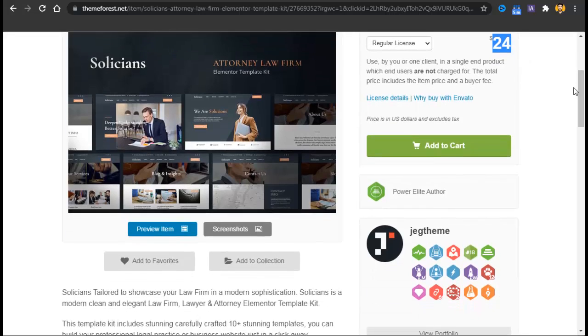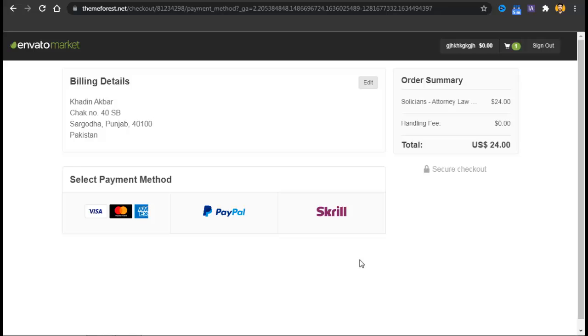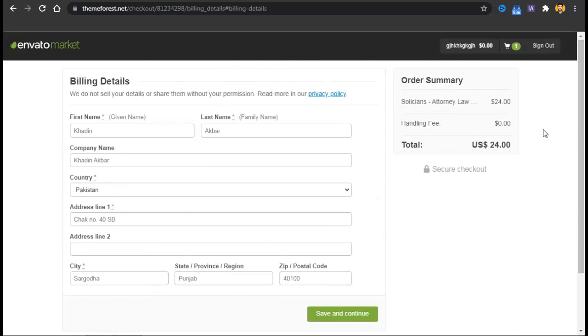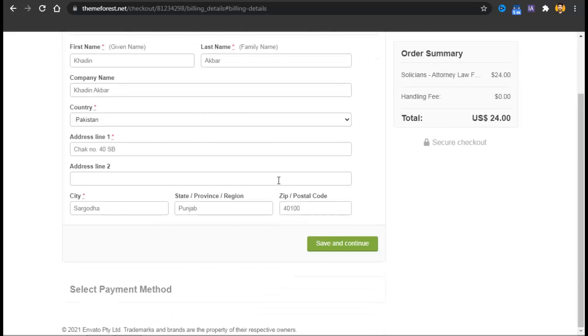So it's only $24. Just click on add to cart, and go to checkout. You will be redirected to the checkout page. So here we come to the checkout page. Now they will ask you to enter your personal details, billing details, as well as contact information and email address. But they are not asking me because I am already their user, and I have already created a dummy account for these videos. So I'll just click on edit, and show you the interface, how it looks. That's how it looks, and you will also have to enter your email, etc. Fill in all your information here, and click on save and continue.